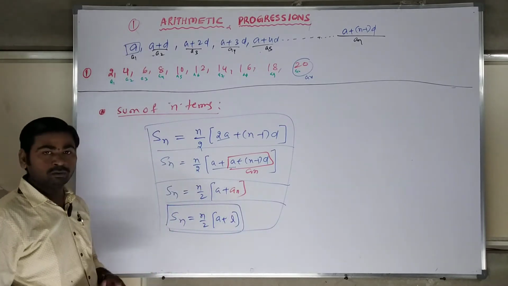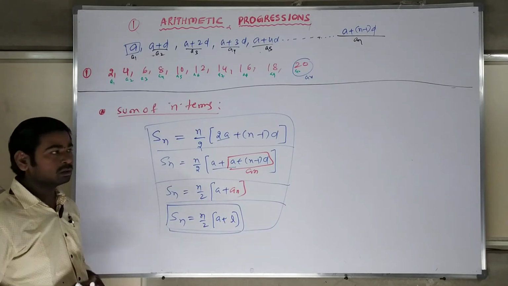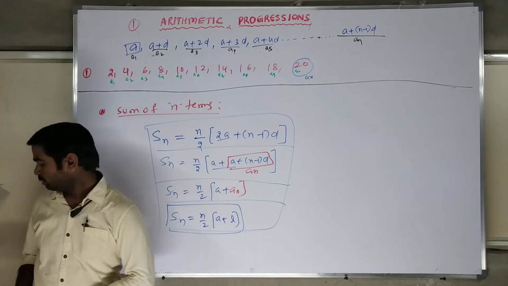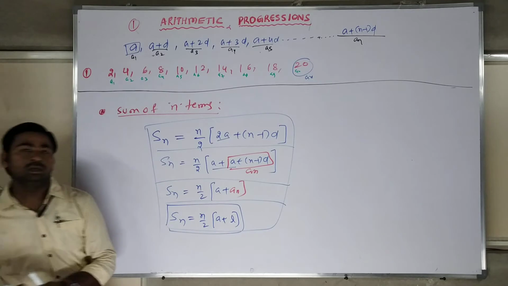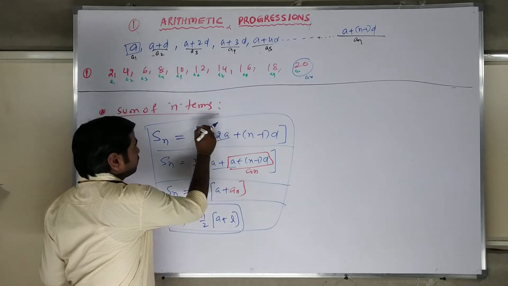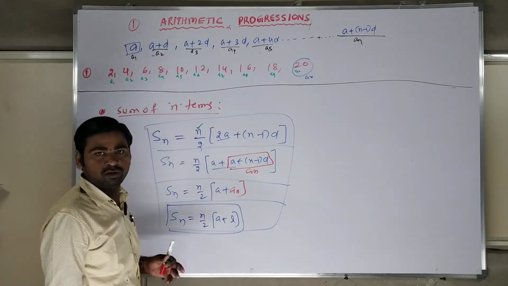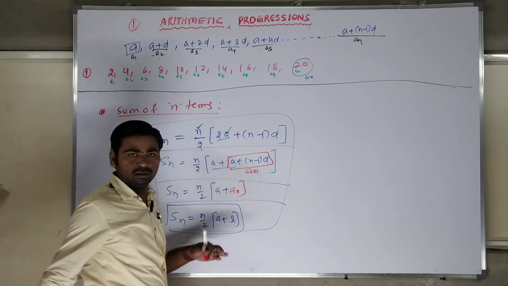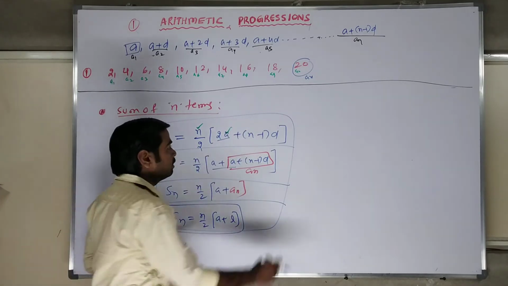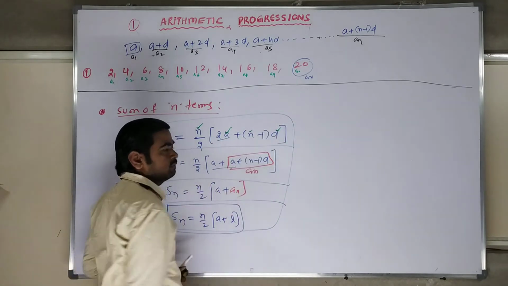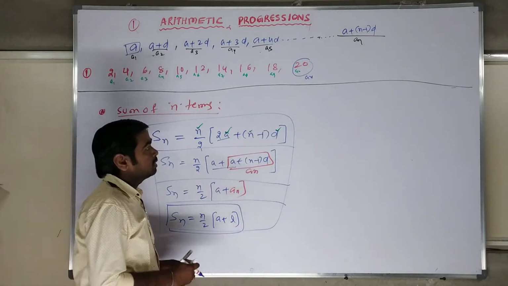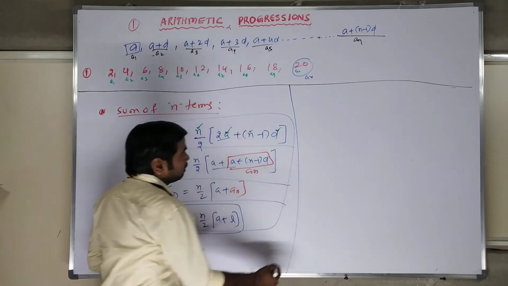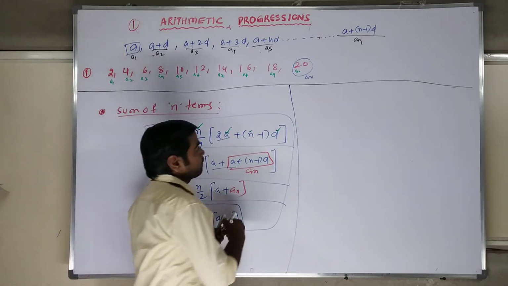To find the sum of n terms, what do you need when you do the problems? Simple: which term you want, because n will definitely be mentioned, like 10 terms or 5 terms summation. The starting term and the common difference will also definitely be mentioned. We can do it now. So let us take our question.